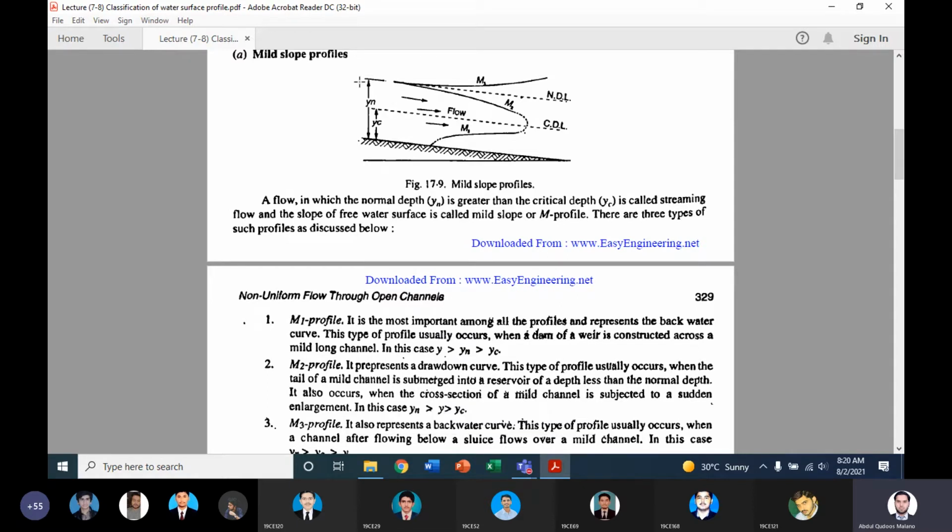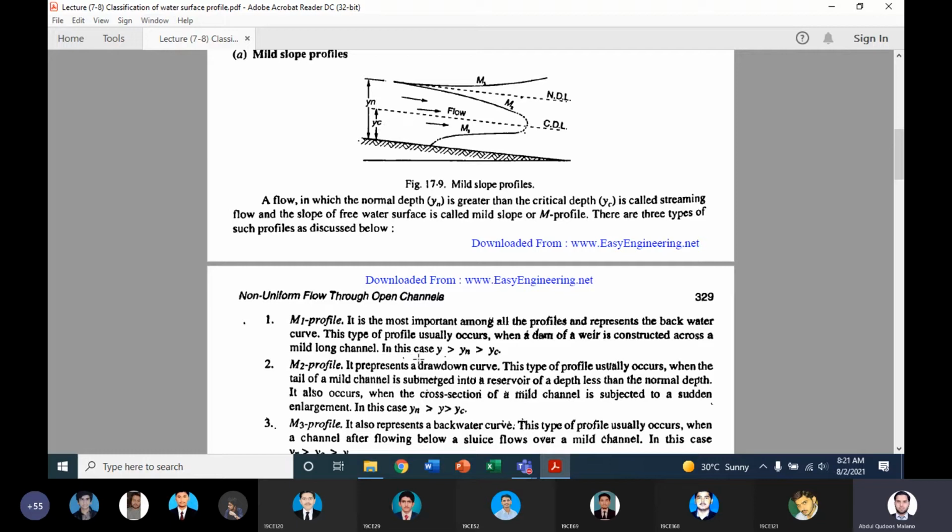ठीक है, so in the first profile what we observe, the first thing is that the normal depth is up to this dotted line. Okay, and then of course the critical depth for this profile is going to be less than the normal depth, and after the normal depth line if we see there is a water curve, it means there is the depth of the flow. So we can simply see that the depth of the flow is greater than the normal depth line. Okay, it means in this zone y, which is the depth of the flow, is going to be greater than the normal depth, and normal depth is going to be greater than the critical depth in the first zone.